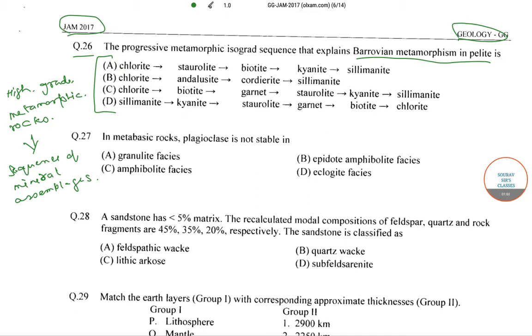Now for this pelite, this metamorphic isograd sequence is, the first is chlorite zone,